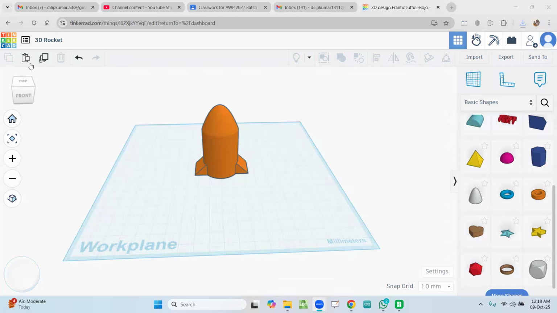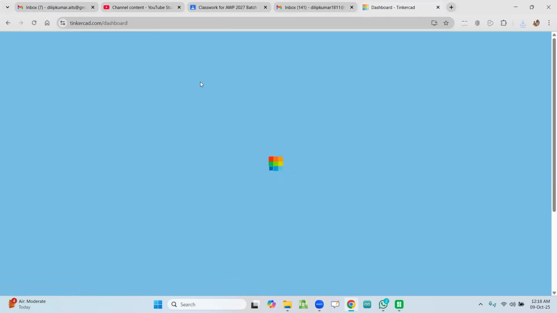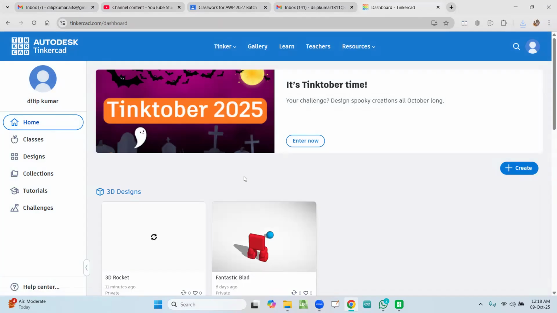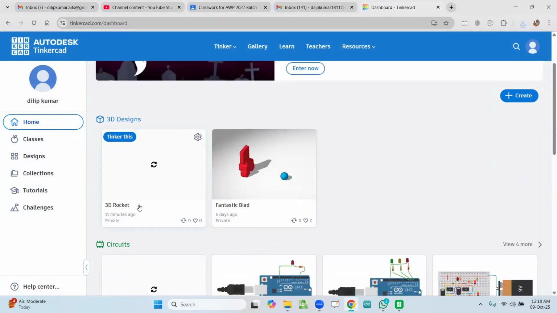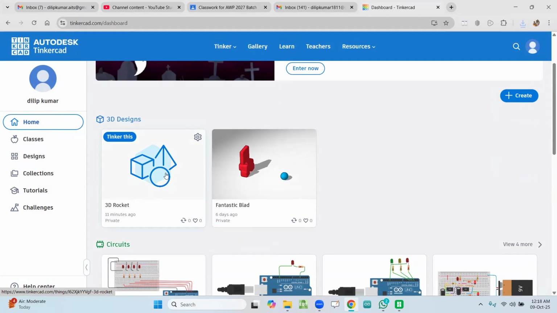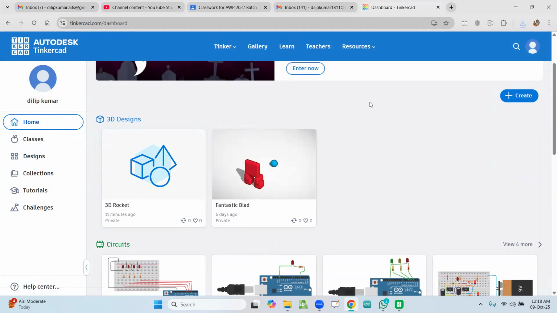Once the file is saved, click the dashboard and check whether your file has been saved or not. Here you can see the 3D rocket has been saved with the respective shape that was created by you. Then next,